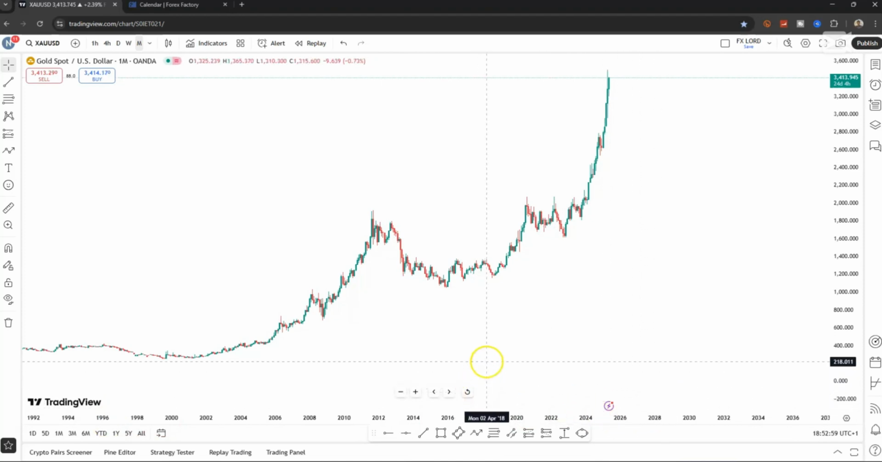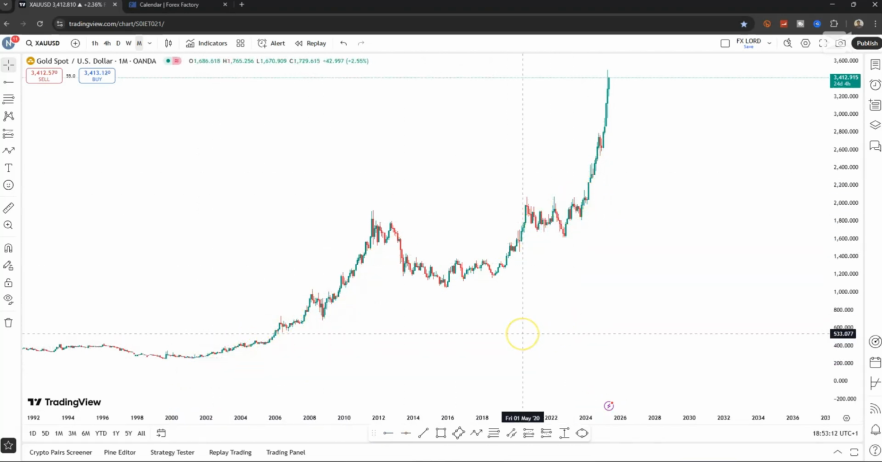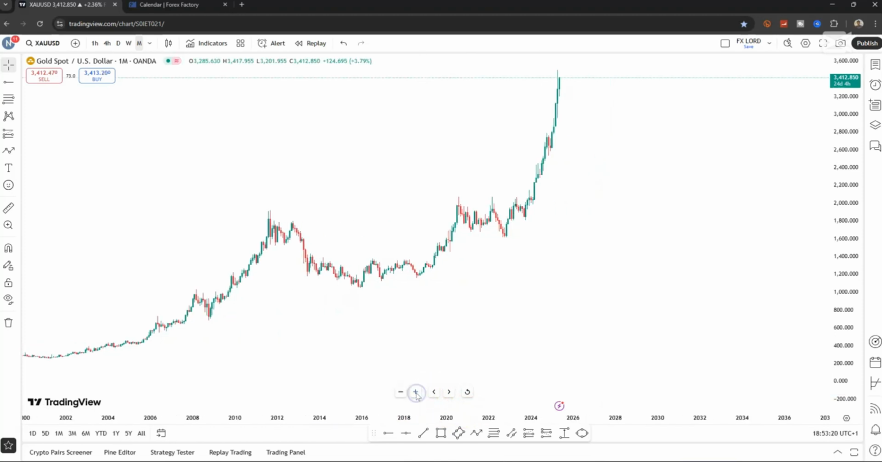So this tells you that from a monthly point of view, the market has been in an uptrend. From this level, the market has been going up, going up, going up, right? After I've come to the monthly time frame and seen where the market is coming from and where it's heading to,